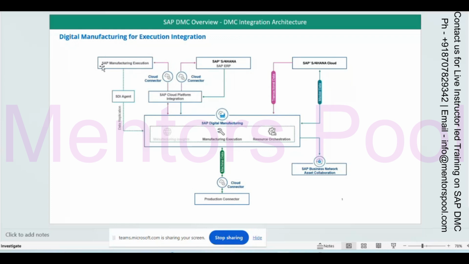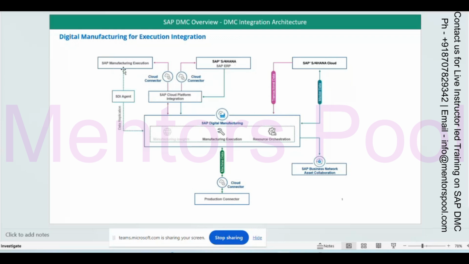I'm not saying scrap it right away. So for that they are giving some way that you can connect it. For that reason it's given, and you can keep all this as optional. It means this is not mandatory, that you have to integrate your SAP ME to Digital Manufacturing Cloud.